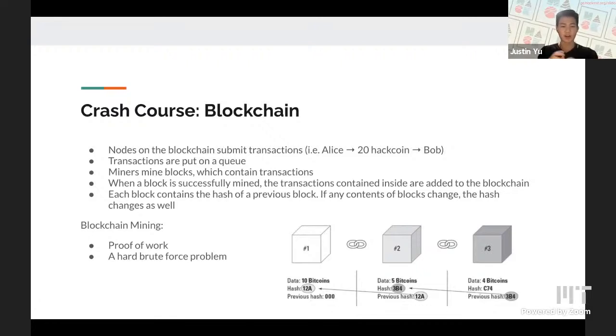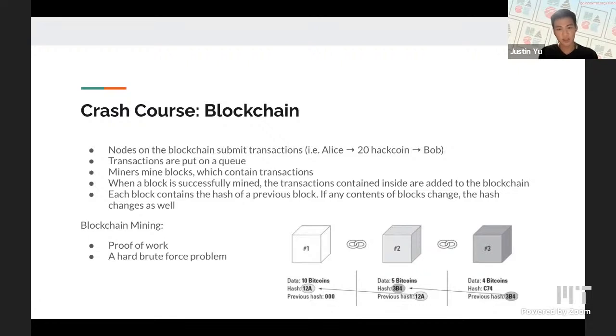The transactions are going to be put on a queue, and all the transactions of anyone using the blockchain will be put on a queue. And then there will be blockchain miners who mine blocks, and those blocks will contain these transactions. They will constantly pull from the transaction queue and put transactions in the blocks that they're mining. When a block is mined successfully, the transaction is contained inside, and basically the entire contents of the block